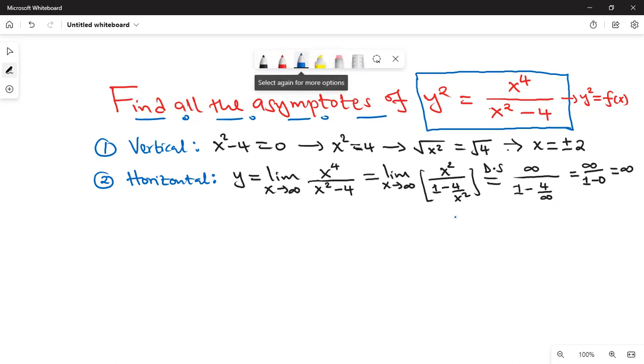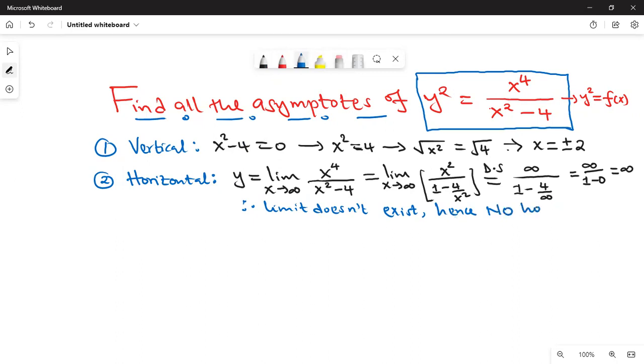That's what it means. Therefore, the limit doesn't exist. Hence, there is no horizontal asymptote. The last one is the slant asymptote, or what we call the oblique